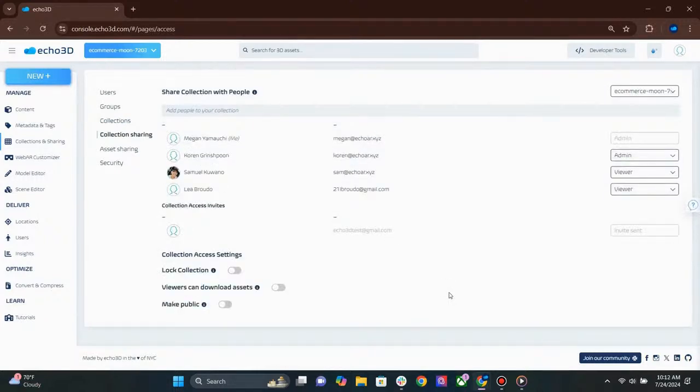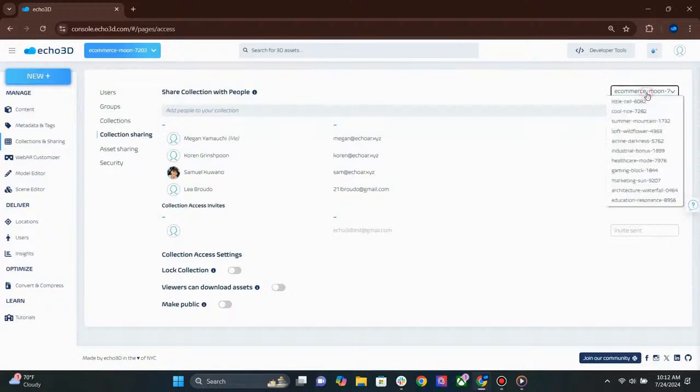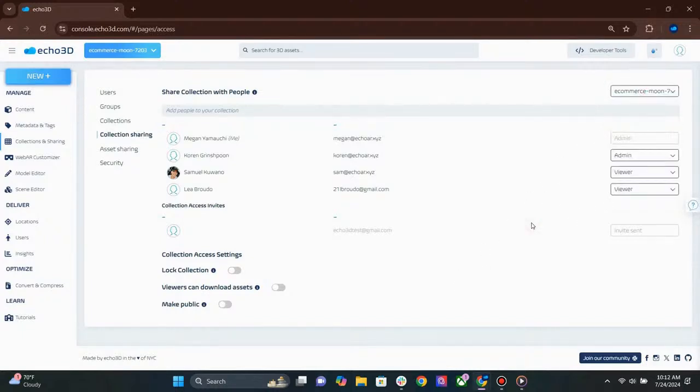For collection sharing, you can switch between collections up here, and you'll be able to see everyone who has access to your specific collections. You can change their access permissions and change collection access settings. If you scroll down, you can enable viewers to download assets, and you can also make your collection public. When this is enabled, the collection can be loaded by anyone who is registered to echo3D and not just permitted